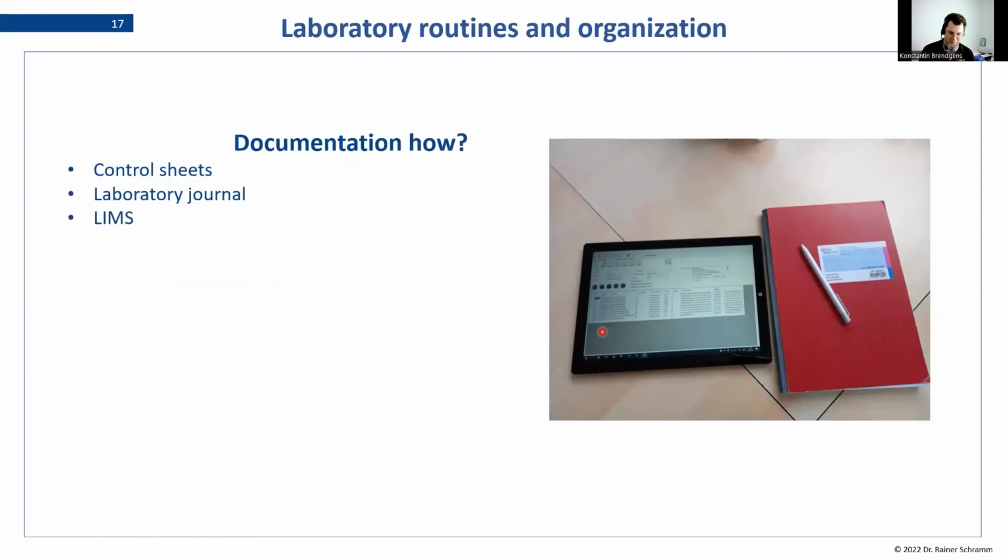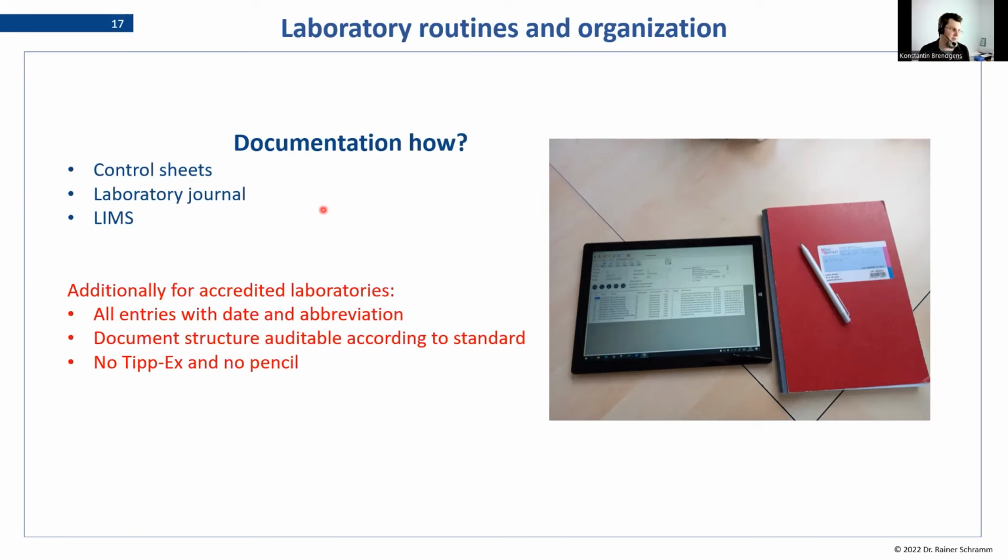And we're running out of time, so I need to hurry a bit. Documentation, well, you can do it on paper, this is actually my paper journal, which I'm keeping, or a more modern way to be a paperless laboratory would be a laboratory information management system. So you basically do what you do on paper in there, and just writing down what equipment and what chemicals you use is a great way to document it. In our case, we have to actually sign those, put the date and sign,